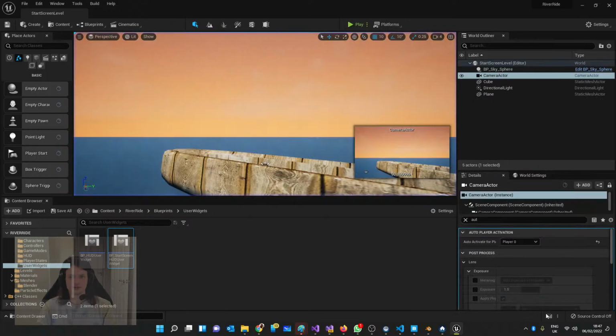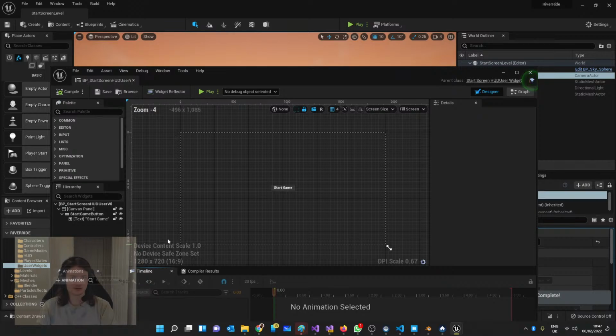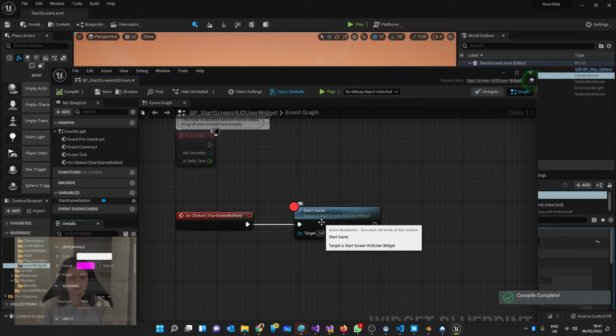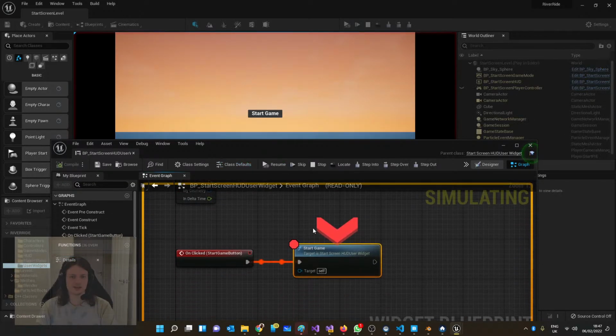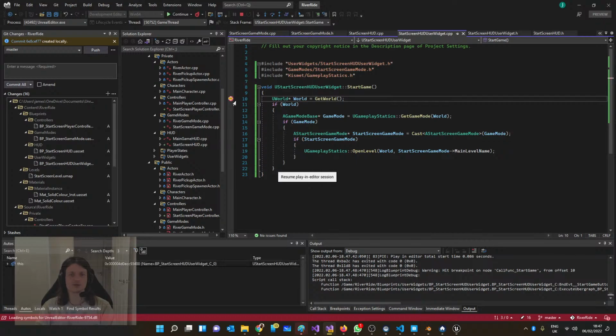Let's stop this. Let's compile it again. It is running the code. I just don't know why it's not picking it up. Play. Oh, it's this one again. You have to select the one that's going to debug. Okay, right, cool. So now if I press start, it runs this, resume that, and then it runs my code,